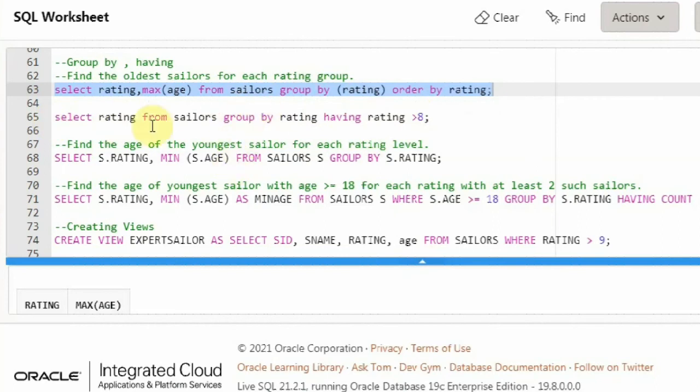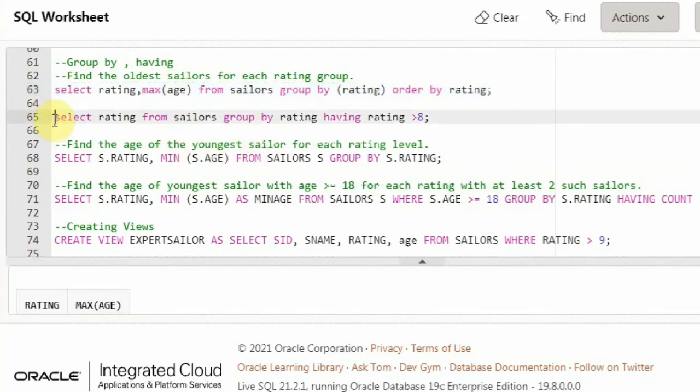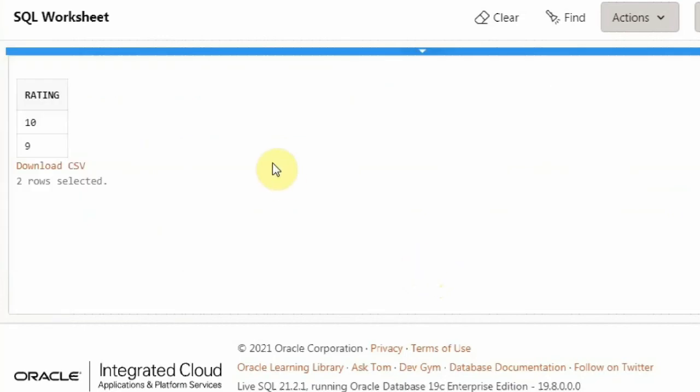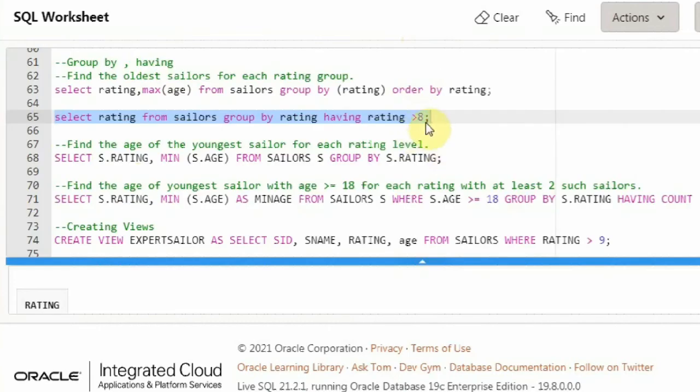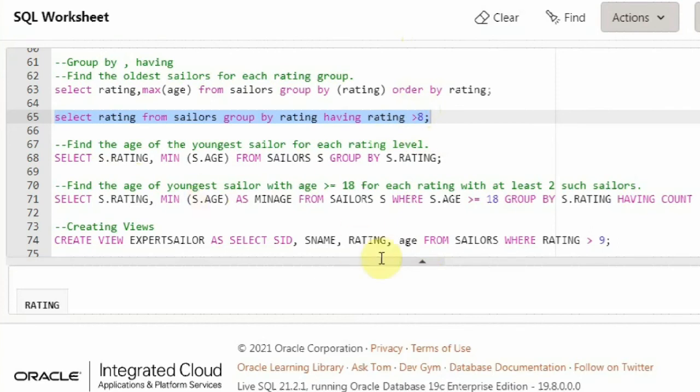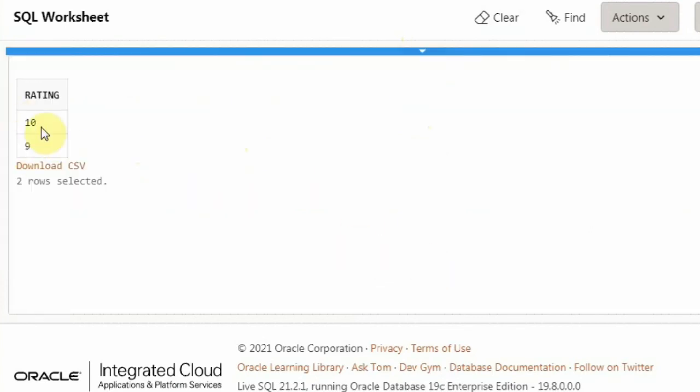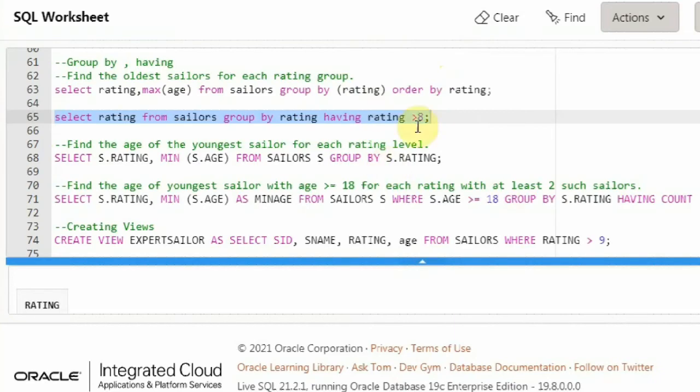Here you can observe that there is no aggregate function. When there is no aggregate function, your group by will act like a distinct keyword. There won't be any special meaning to it, but it is not a mistake. It just acts like a distinct. It shows me the ratings which are greater than 8, because that's the qualification condition I have applied. I am keeping only the groups with rating greater than 8, so that's why it gives me only the 9 and 10 groups in the output. So you can also have group by.